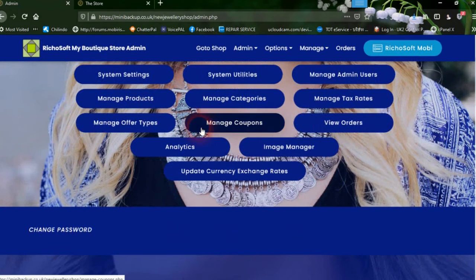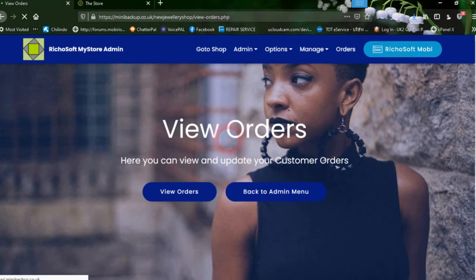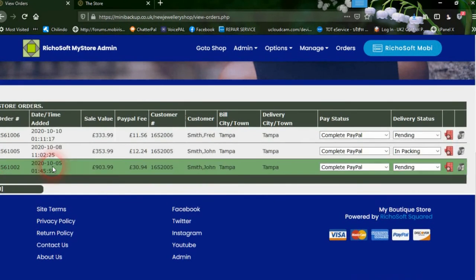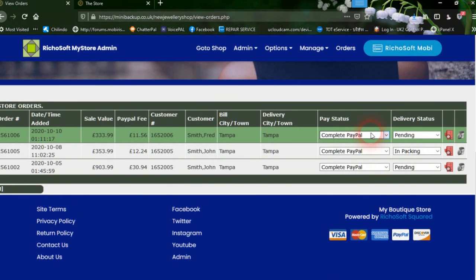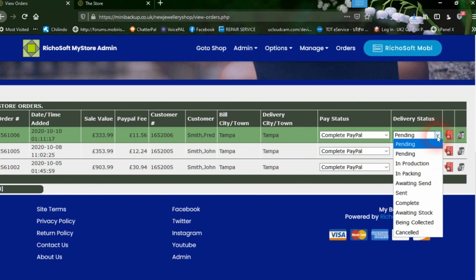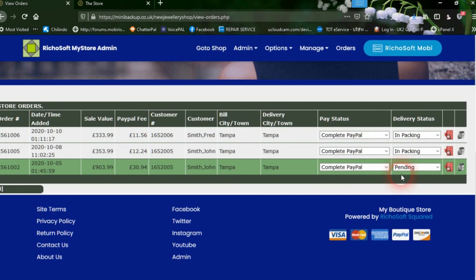Okay, so then we come to view orders. Here we can view our customers' orders. All the different orders are in here. It gives you the current status and the delivery status, and you can change that from here. So if we made that now as in packing,